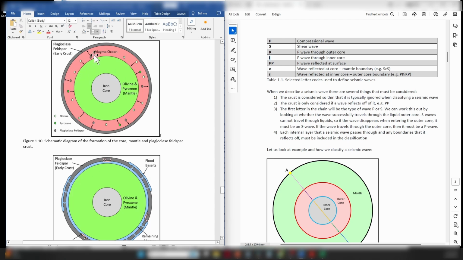Now, as the magma ocean continues to cool further, it's eventually going to start crystallizing out a new mineral. It's going to start crystallizing out calcium plagioclase feldspar. Now, the thing about calcium plagioclase feldspar is that it is less dense than the silicate magma. So it won't sink, it will float. So when these crystals of calcium plagioclase feldspar start forming, instead of sinking towards the Earth's core, they float towards